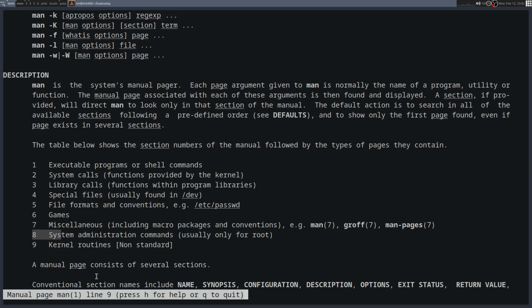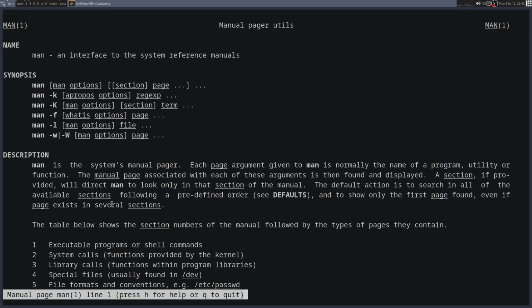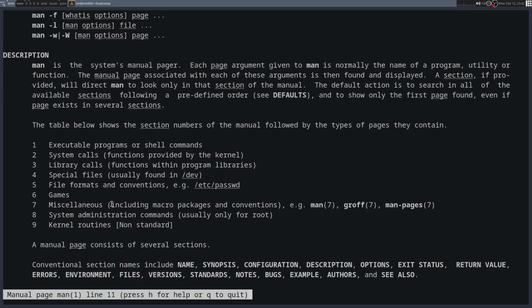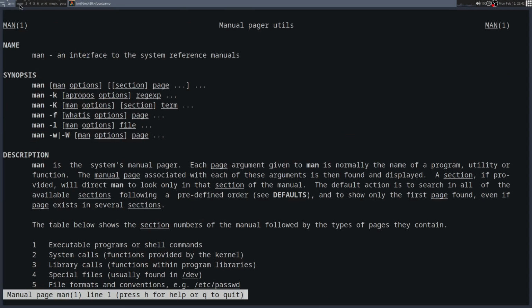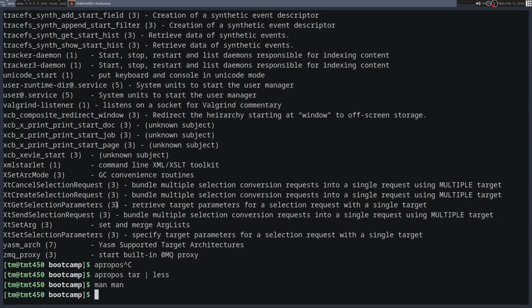It's common to find the commands in those. And you can see up here it's man 1. Now, I didn't define which man page to use. It kind of picked one. So say there's duplicate information, which I believe